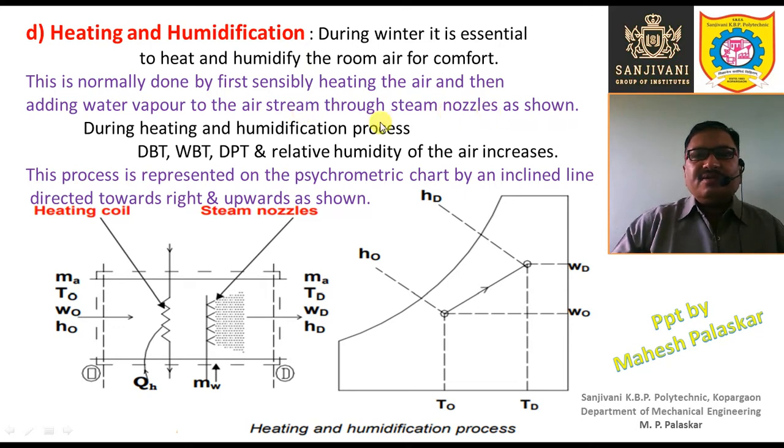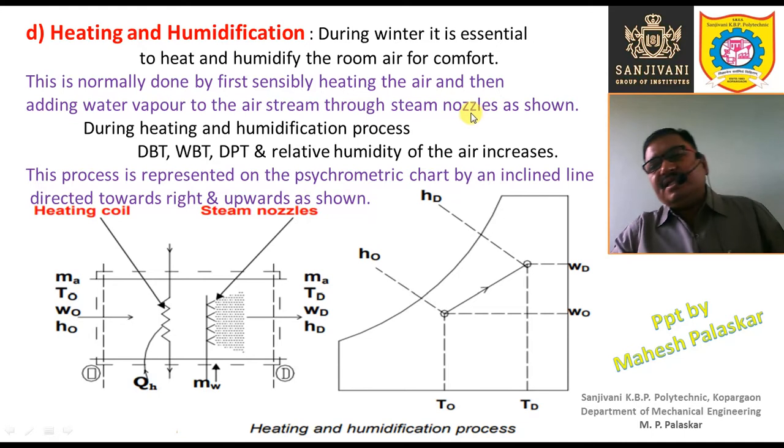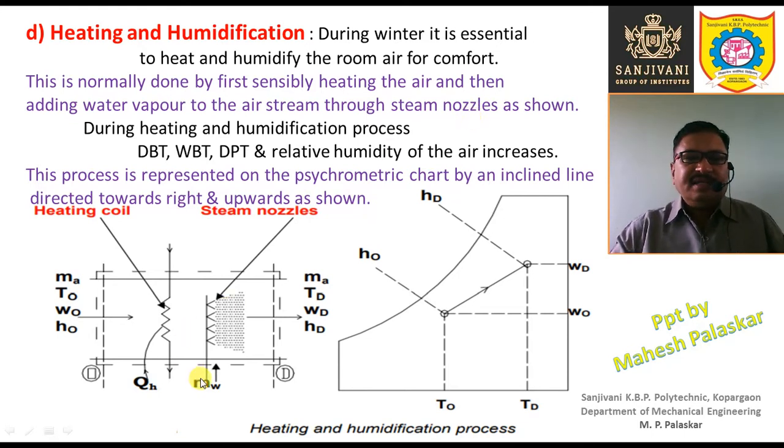Okay, so see, we are using steam that is injected into the stream of air, right? So this is the stream of air flowing through this duct. This is the heating coil, maybe some electric resistance coil, or a coil through which hot water or steam is flowing, right? And then when the dry bulb temperature increases, the capacity to hold moisture increases.